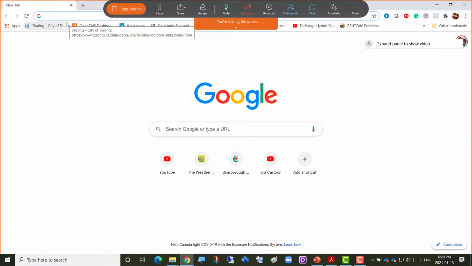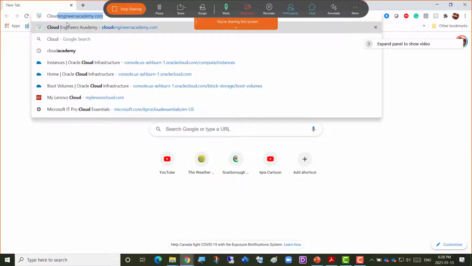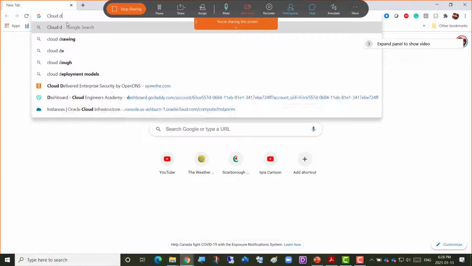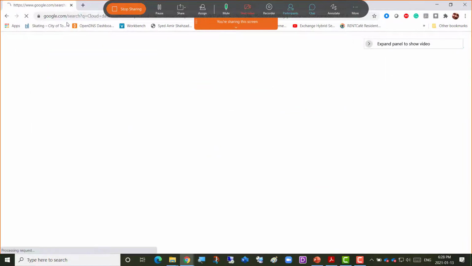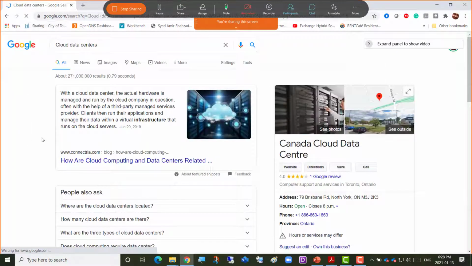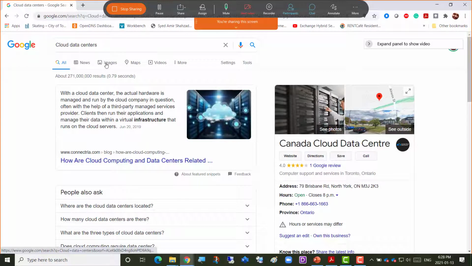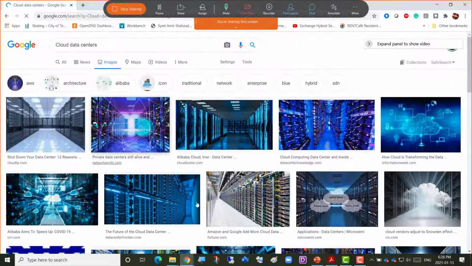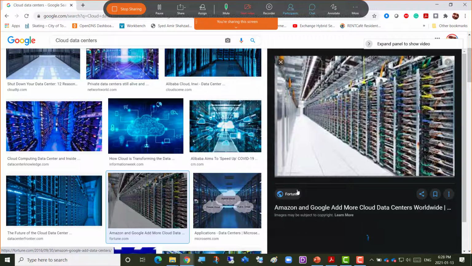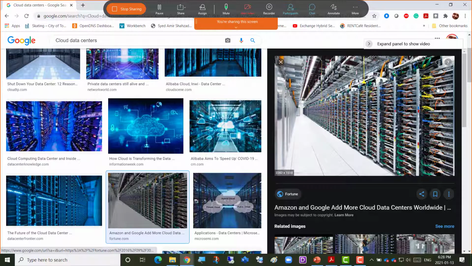So when we say cloud, there are cloud data centers. Cloud is just somebody else's data center, and if I go to images here, you may have seen this diagram a lot: these are just data centers, which are rows and rows of servers, HP servers, Dell servers, or blade machines.